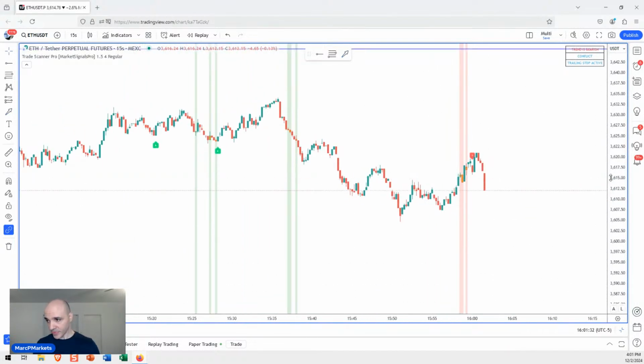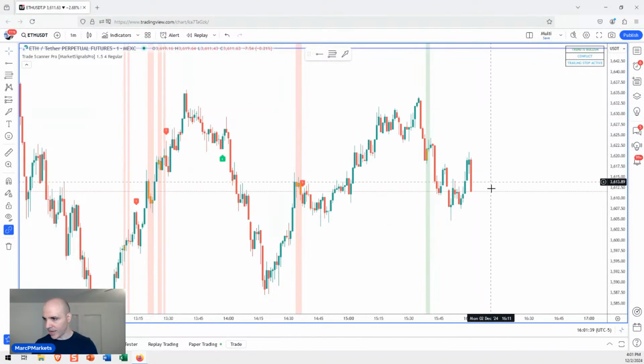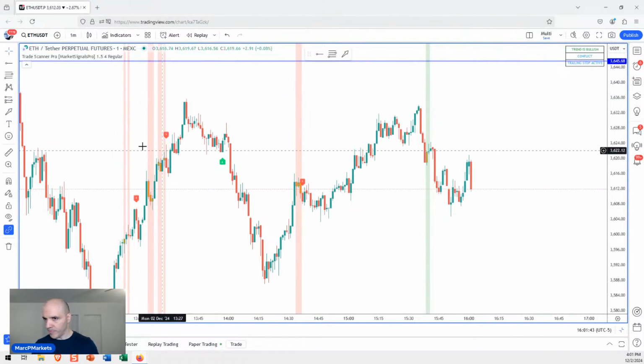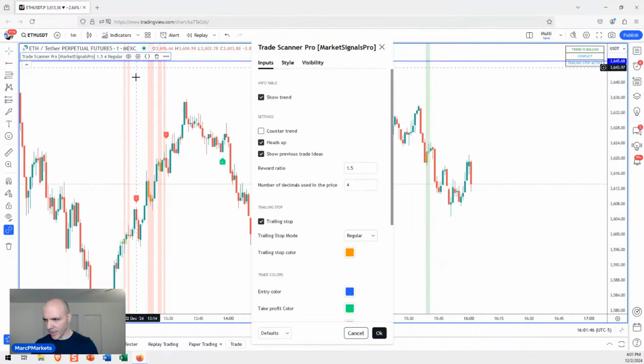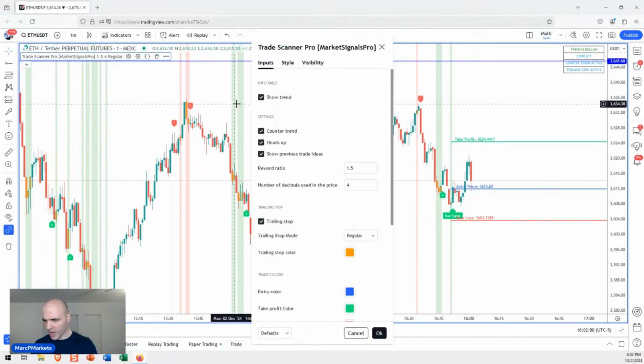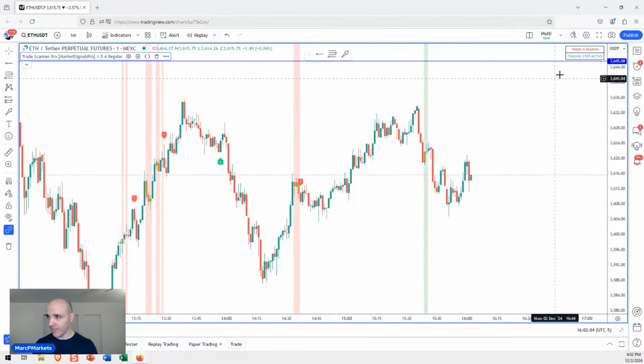Okay, now we're pulling back. All right, there's nothing there. Let me go back to my 1 minute, because my 1 minute was saying short the whole time. Now, since the mode changed, I may have to switch to counter trend. Let's see, anything there? Well, no, what is this? Okay, that was the long from before. But again, I don't want to do the counter trend. I want to work on the side of the momentum on the smaller time frame.